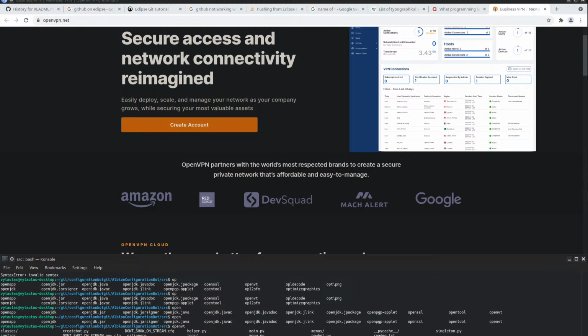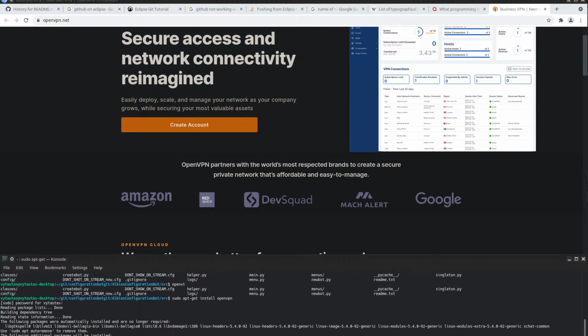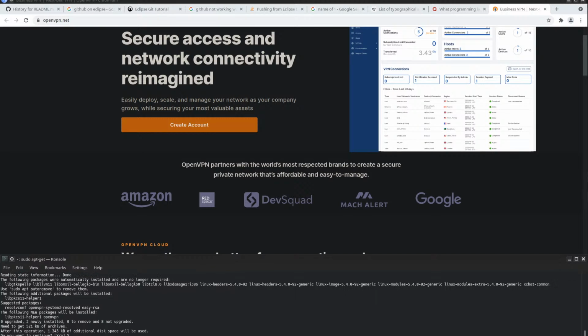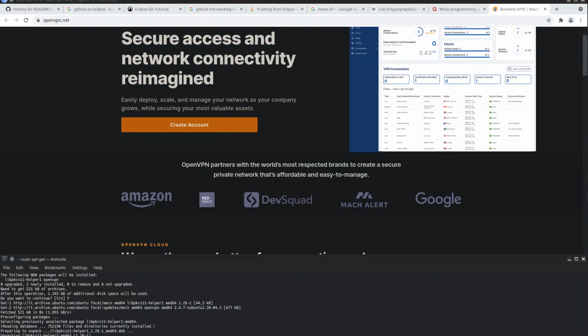Let's see. apt get install open. Yeah, I should do sudo. Yeah, so it's very easy to get, and it is a very useful piece of software.